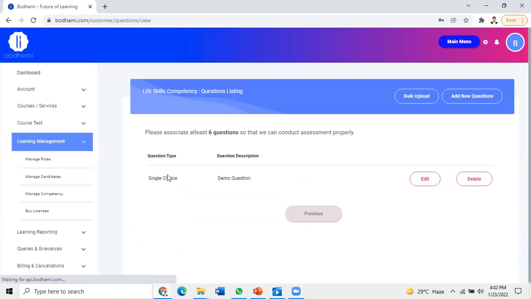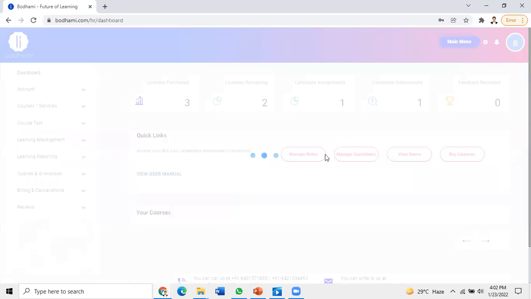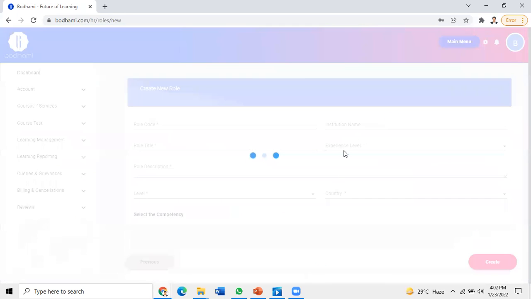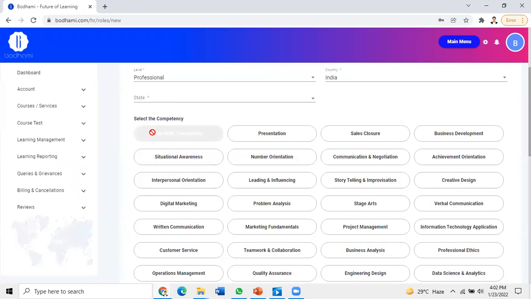So what will happen is, after all the 6 questions are added, when you then go back to the dashboard and start defining a new role and create a new role, it will start showing up here, life skills competency. But because you have not added 6 questions, it is not made live. At least minimum 6 questions is what we need to evaluate the competency. So that's a rule we have set. But once the 6 questions are live, you can start